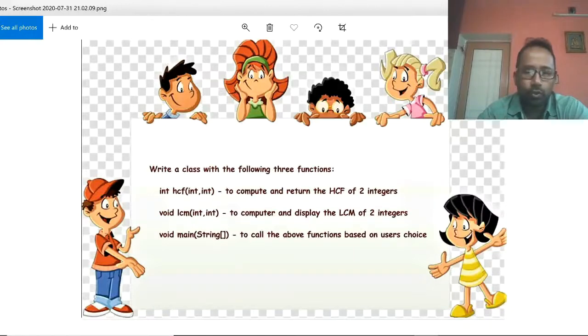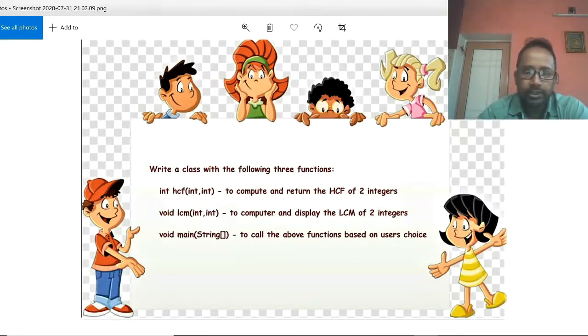Last time we were learning multifunction programs and you got one homework also. I hope all of you have solved the problem. Now in today's class we will find out the solution of that problem. So let's start. This is your last day's homework, a class program having three functions.